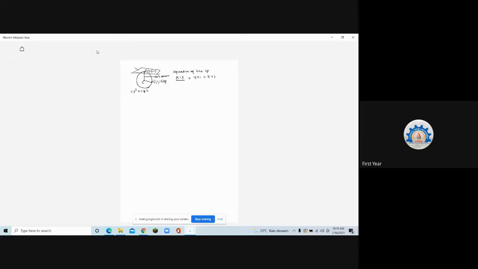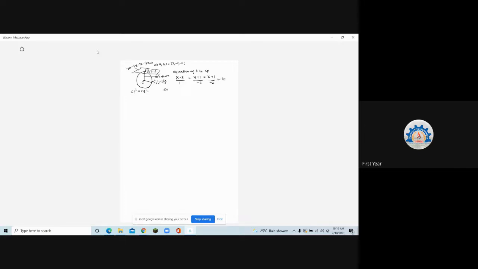Are you given the plane? Yes. You are given the plane x minus 2y minus 2z minus 7 is equal to 0. You are given this. Okay. So what are the direction ratios of its normal? Coefficient of x, y, z. 1, minus 2, minus 2. Correct? So that implies A, B, C is equal to 1, -2, -2. Okay. So 1, -2 and -2 is equal to K.